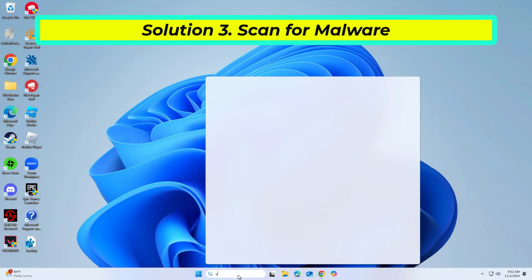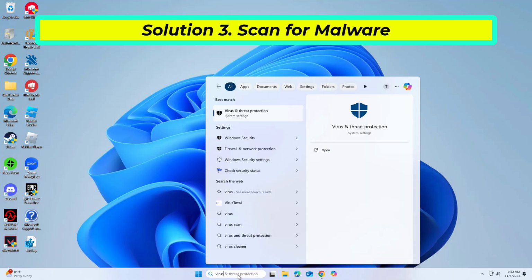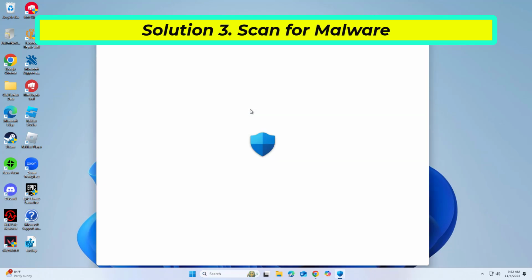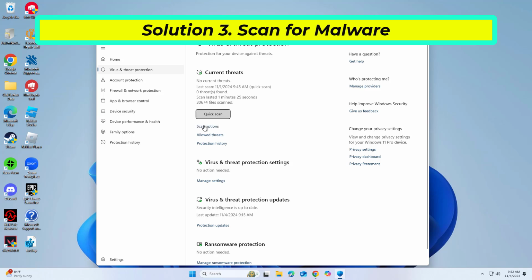If that didn't work, it is possible that a malware infection may be the cause of the gdi32.dll missing or not found error in Windows. It is important to run a comprehensive security scan to rule out this possibility and ensure